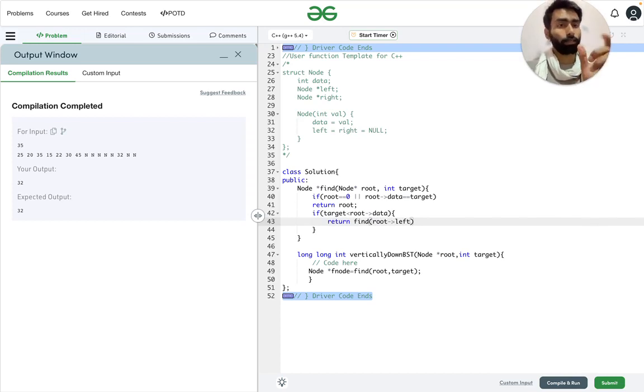In a BST we have discussed that the value lower than the root is on the left, so we will call it on the left part and pass the target to be compared.